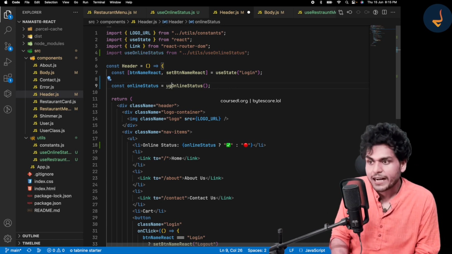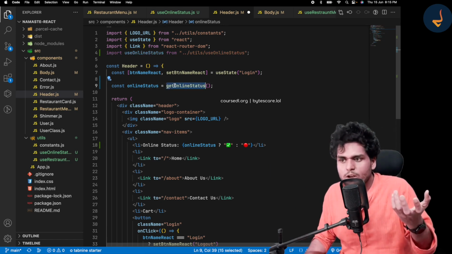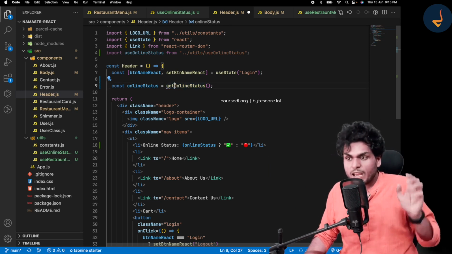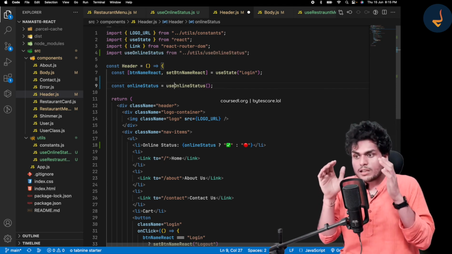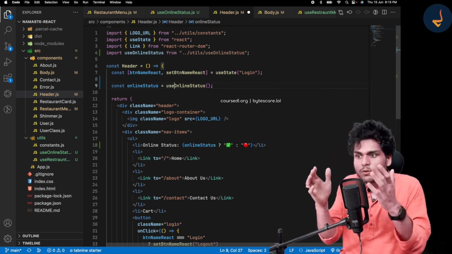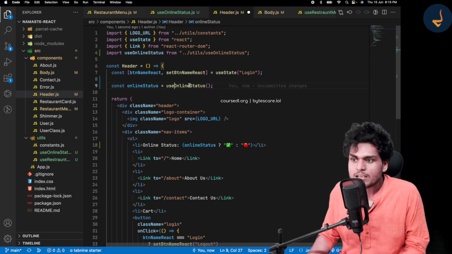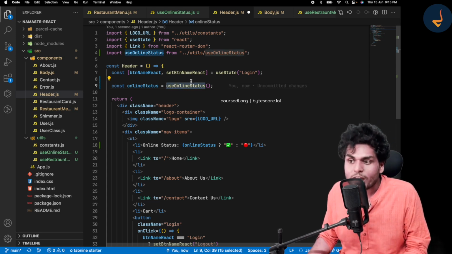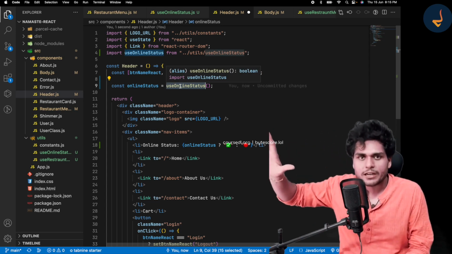Suppose we had getOnlineStatus, I can rename it to that. But if you use the word use over here, now the reader of that code knows that this is a custom React hook. That means in this utility function, there must be some React logic written.